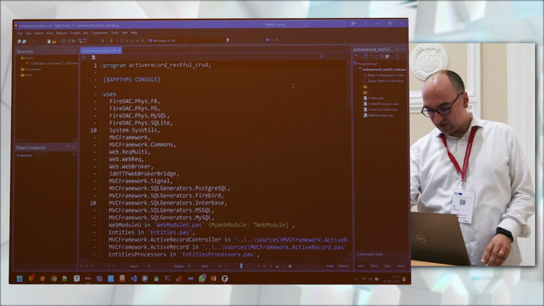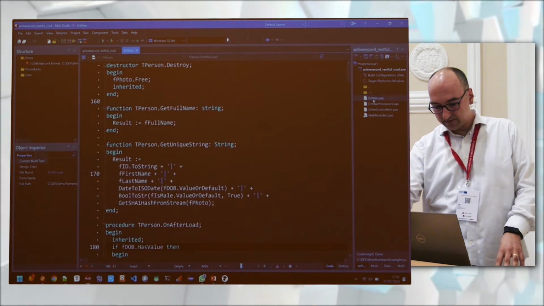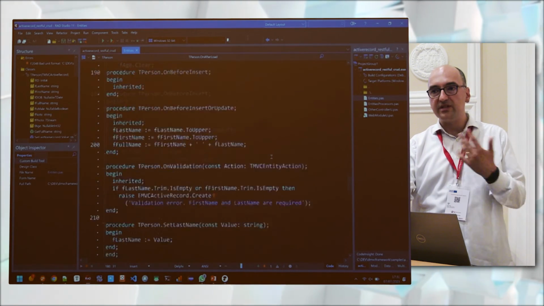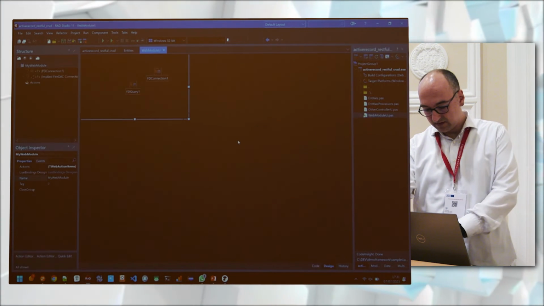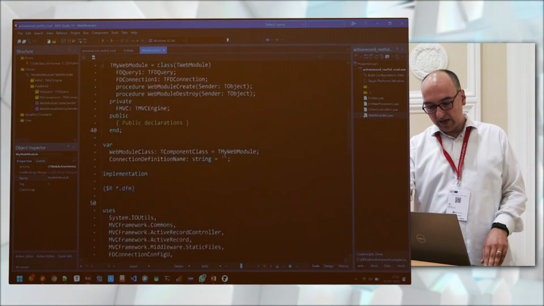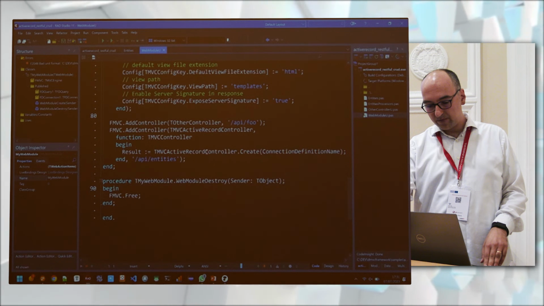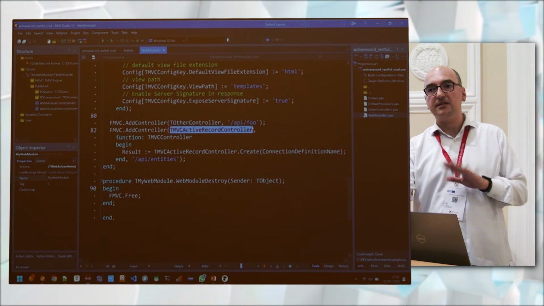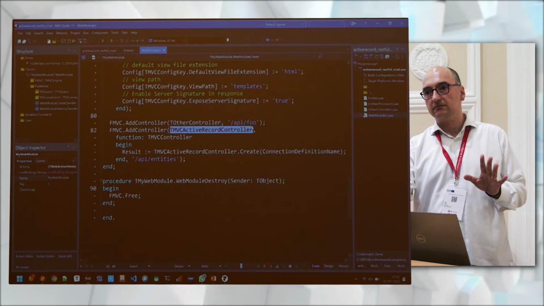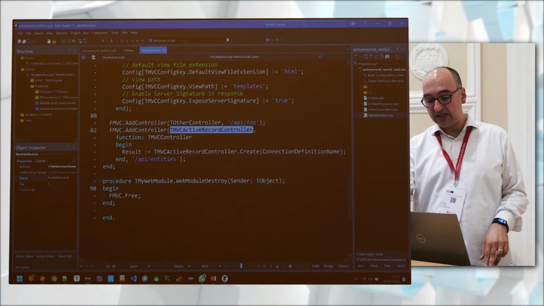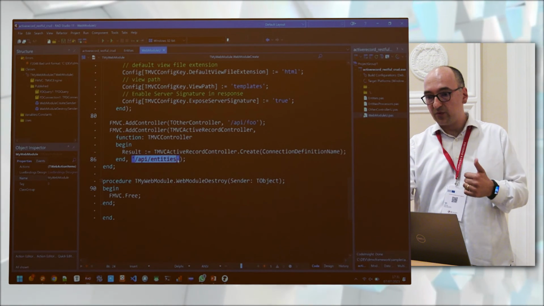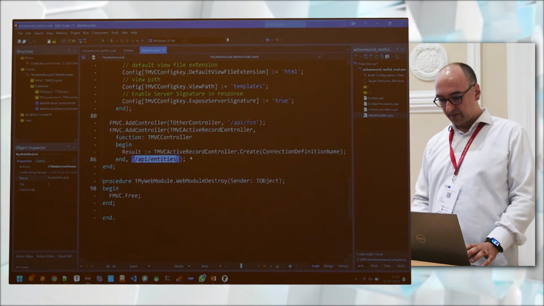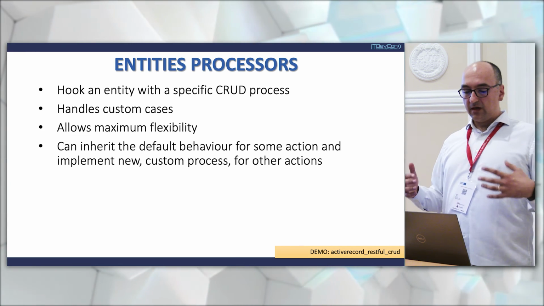Here we are. You just have to declare entities here with all your business logic, and then plug the Active Record controller. That's it. And all is exposed. And this is the path where all the entities are exposed. Let's go on.